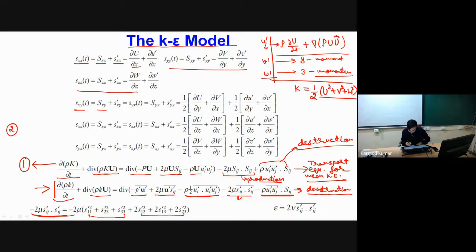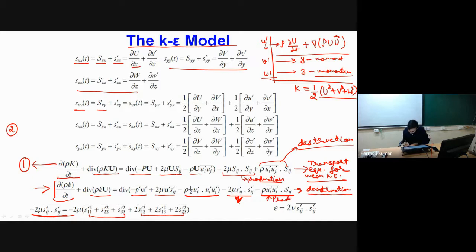Okay, so over here if you see this particular term, I have told you in the reversed order. Basically this is the production term, and the other is the destruction term, because we have production of turbulent kinetic energy because of the mean flow. The turbulence generated within our flow domain is because of the shear strain of the mean flow. So that's why this is actually the production term. So please correct it, I have told it wrongly.